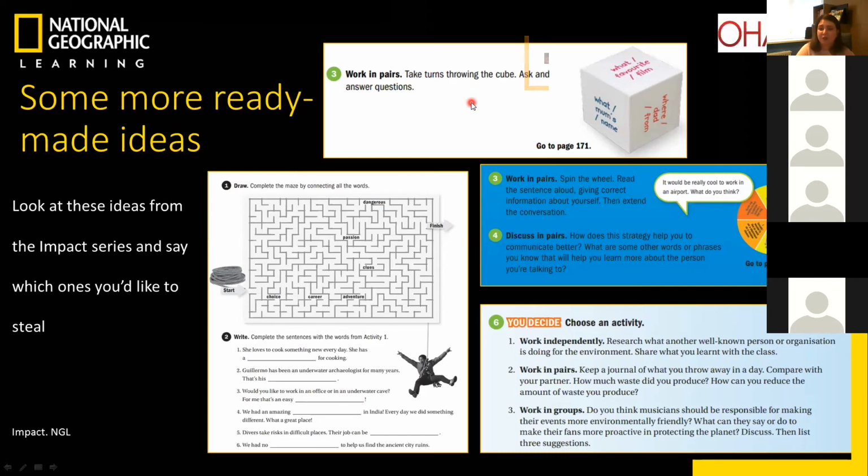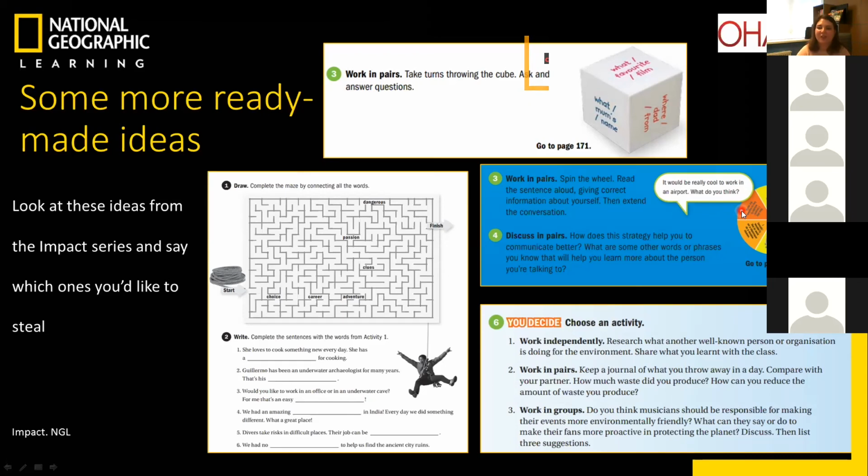So alternatively, if you want your students to discuss something, you may get them to do this activity. It's number 3 too, but it's a kind of spinner, or wheel. There is a template again at the back of the book. You may want to make it yourself and adapt it and have some questions which you want your